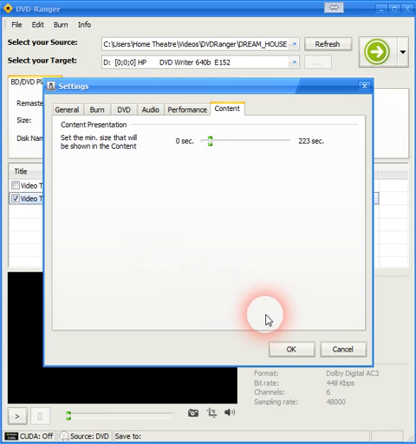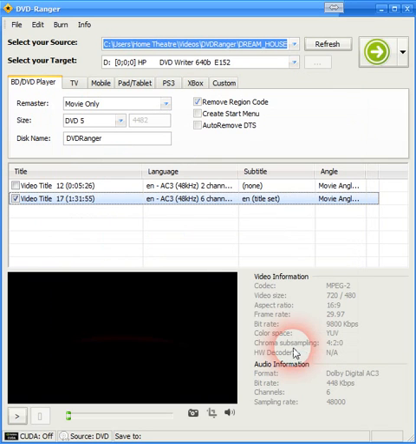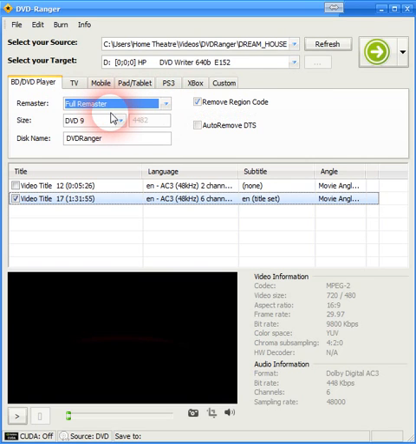Thus at this point all your settings are set for a continued successful DVD to DVD backup. Click OK. And you're ready to go. As you see, I've set this at movie only. We have another deal here. We go full remastered,